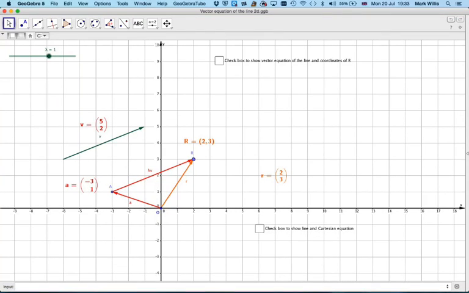Right, what we're going to look at in this video is what's known as the vector equation of the line. In order to do that, we need to know a particular point on the line. So we've got this particular point here, which is (-3, 1). And then to get to a general point on the line, this one here, which has coordinates (x, y),